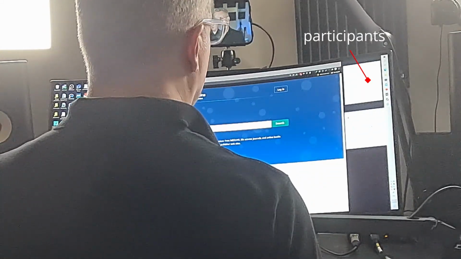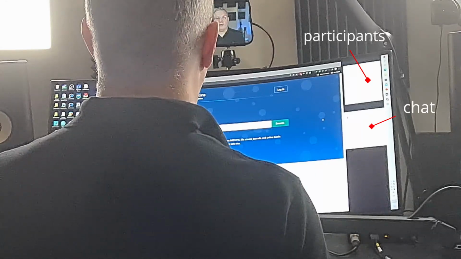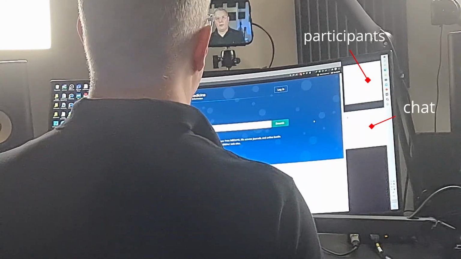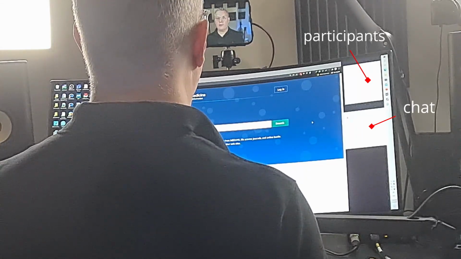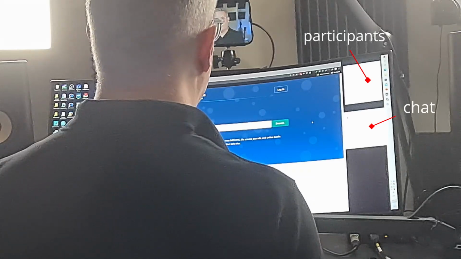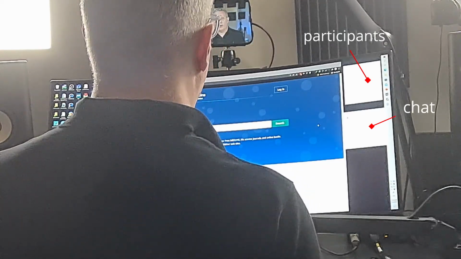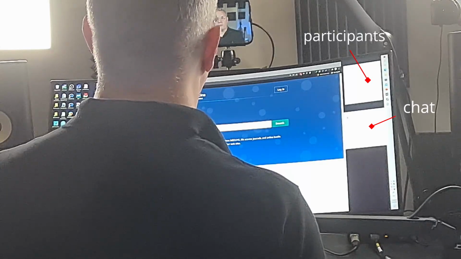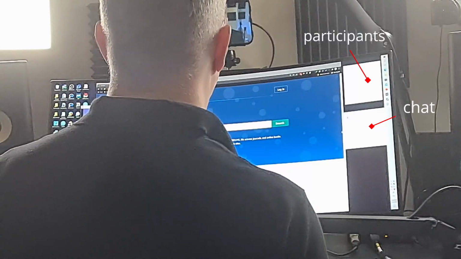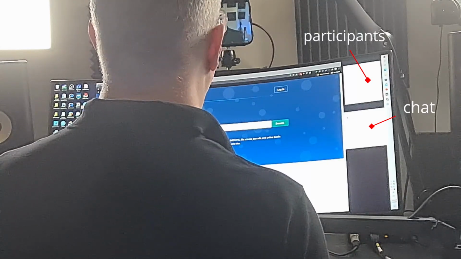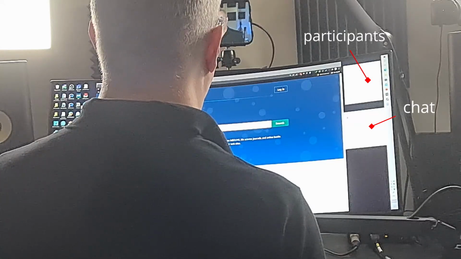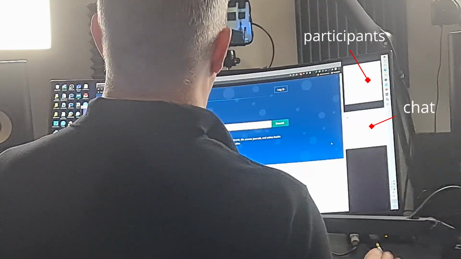I can put them on the same side so it's more obvious here. I put the participants list and the chat on the sides. So as a Zoom is going on, even though I don't have Zoom in the front, I don't have Zoom as the main app that I'm working with, I do have access to the chat and I have access to the participant list. So I'm always able to know if a student raises their hand or